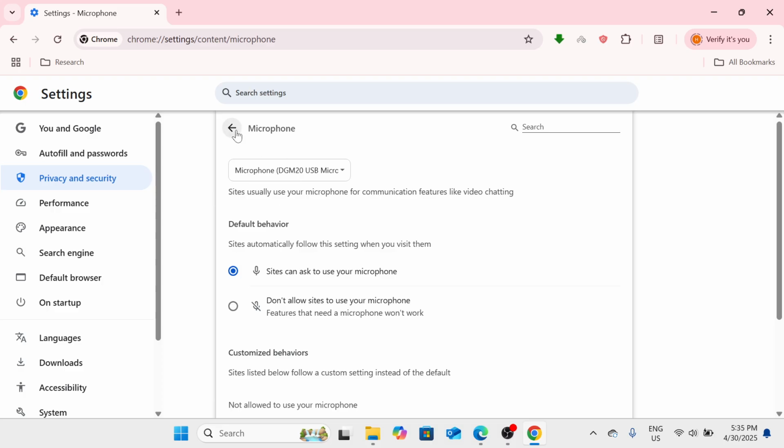microphone or camera. So this quick tutorial shows you how to block or unblock camera and microphone access in Google